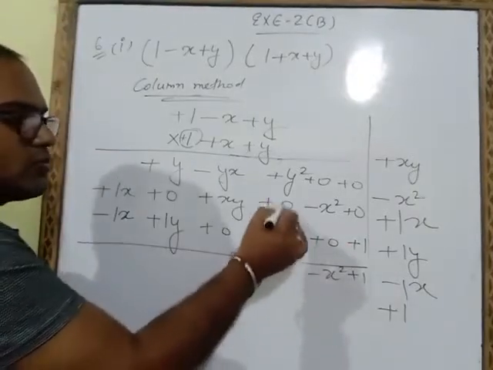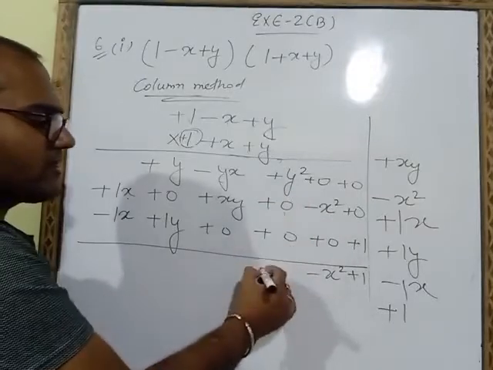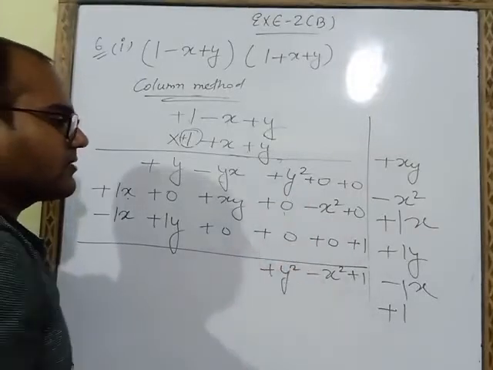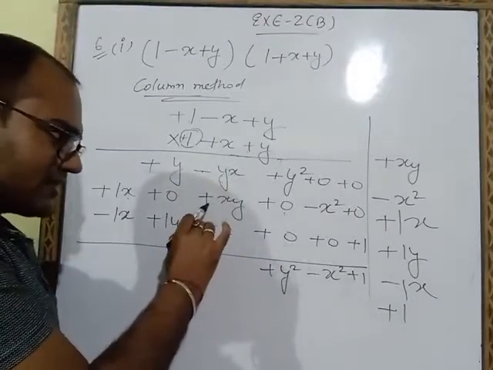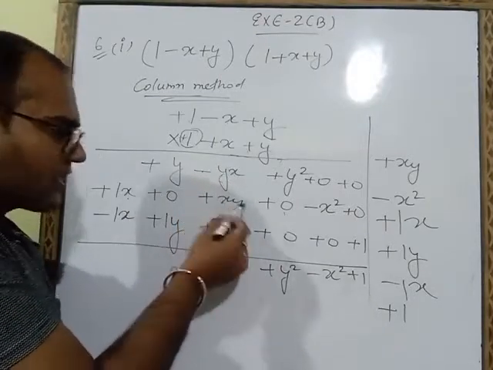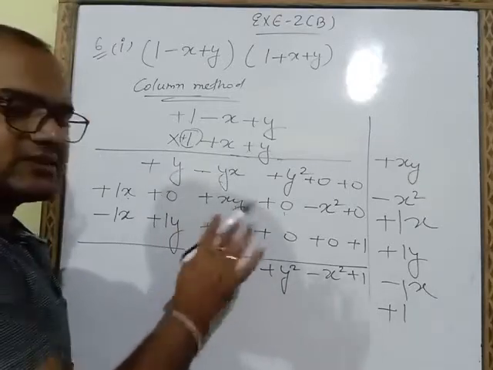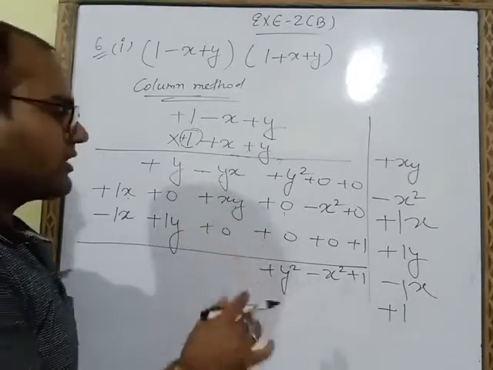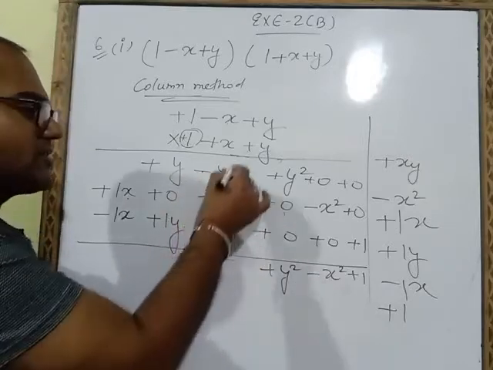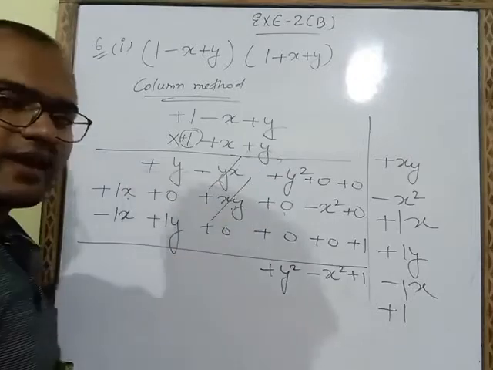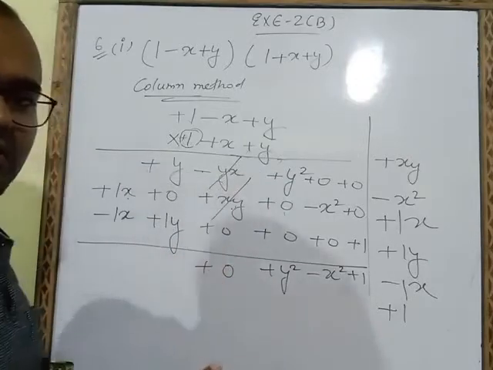Here also two terms are 0, but one is y square. So on adding these three we will get plus y square. This is minus yx, and this is plus yx or xy. You can say anything. This is xy, or we can call it yx. Both are the same only. So this is yx and this is also yx. This is of minus sign, this is of plus sign. So both will get cancelled, and what we will get here? We will get 0. Nothing will be there.